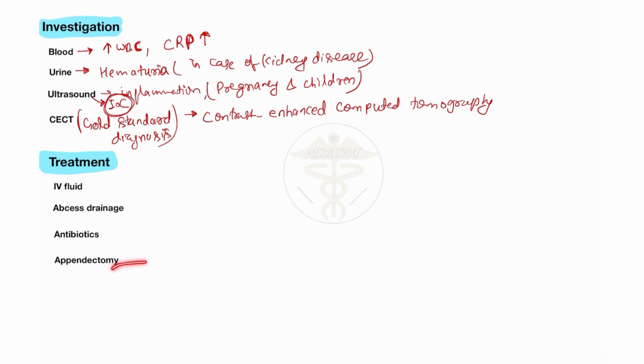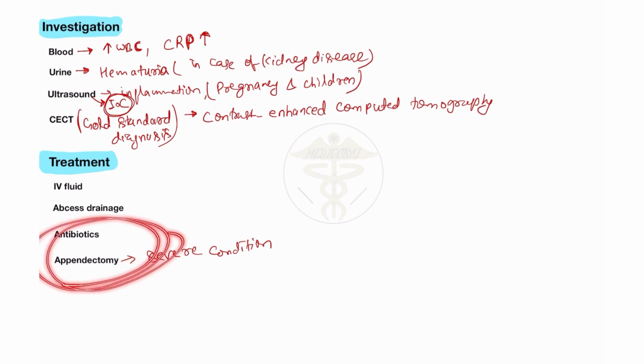And when the patient has a severe condition, we need to remove the appendix, because it can cause peritonitis or perforation into different organs, and sometimes also malignancy in other parts. In this case the doctor removes the appendix of the patient. So appendectomy is done for severe cases. So these are the treatments of acute appendicitis, with appendectomy as the last resort.